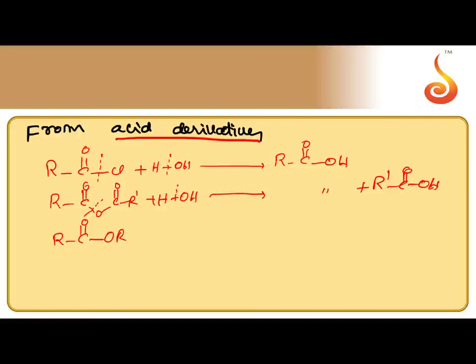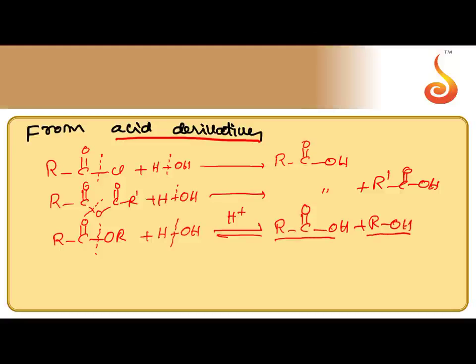If you take ester, again it undergoes hydrolysis either in the presence of acid or base catalyst. Since the reactivity is less, acid is used as catalyst here. RCOOH and ROH. We can get the mixture of carboxylic acid and alcohol. This is called ester hydrolysis. Opposite reaction also takes place. Acid plus alcohol react with each other in the presence of acid catalyst to give ester. The reversible reaction is esterification.